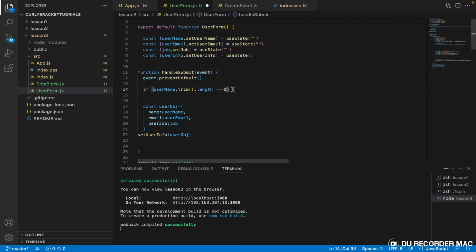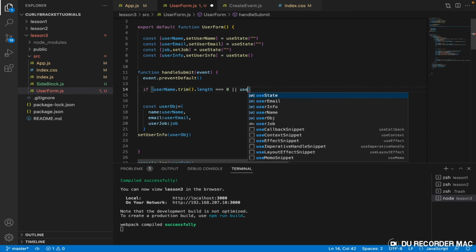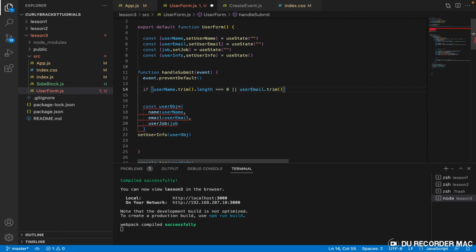So if all this guy has, when we eliminate the empty strings, if there is nothing else left, if all that is left is 0 characters, or we test it for user email, all right. So if this is true, I want you to do this